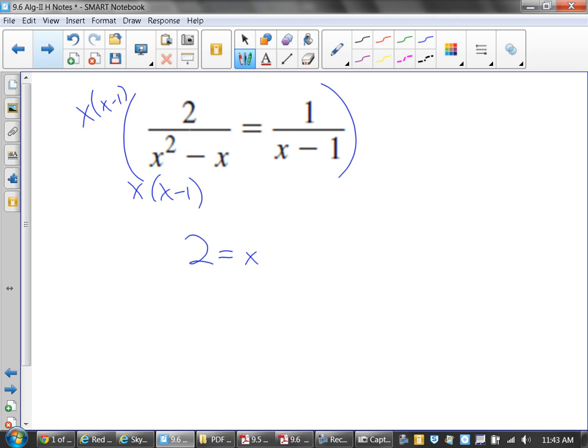What's another way you can solve anything that is fraction equals fraction? Cross multiply. Anytime you see fraction equals fraction, you can go ahead and cross multiply. It will work the same way if you did it that way,